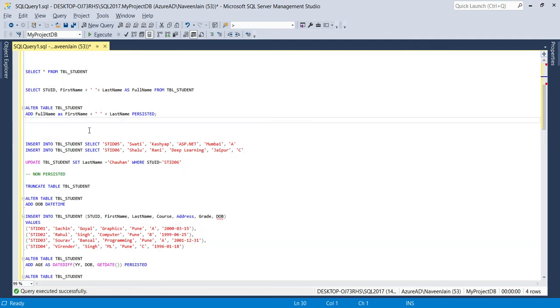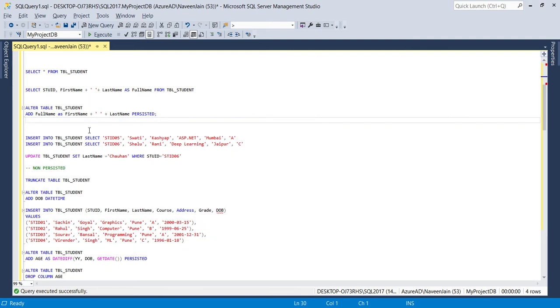So let's see the example here. If we insert two new records into this table, this first name and last name should be available into the full name. Okay, let's execute the command.